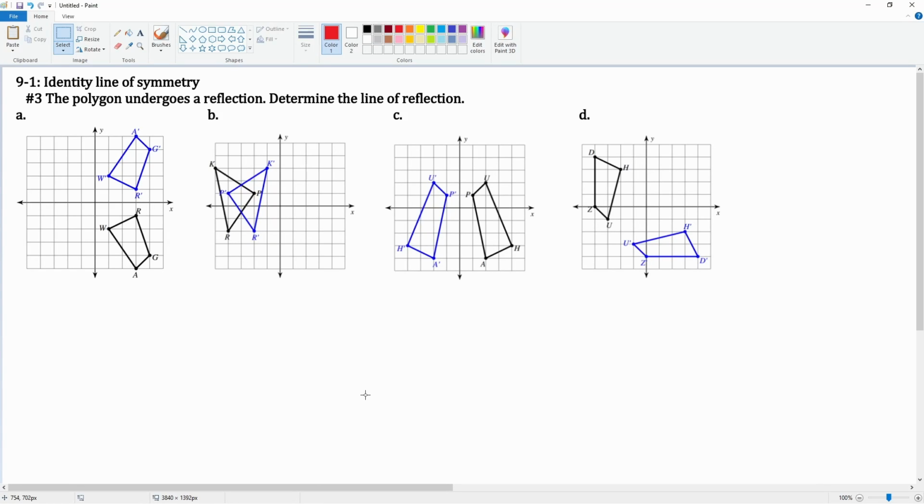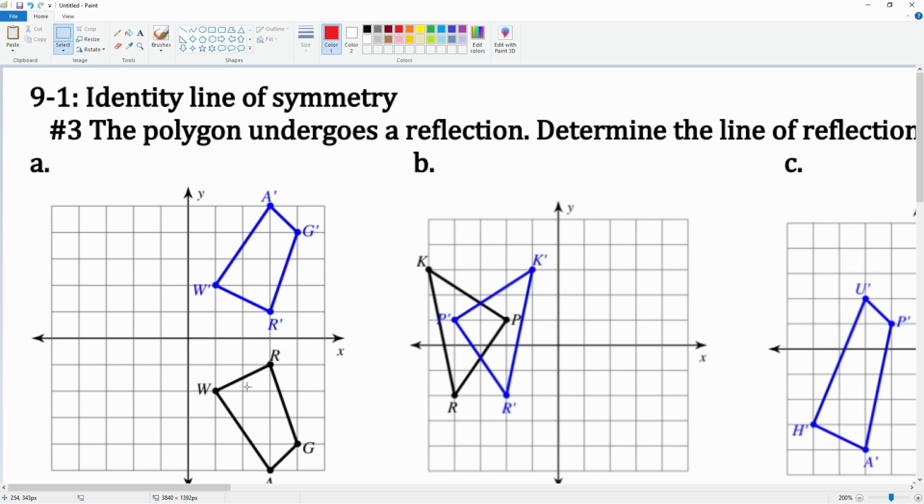9-1, identifying the line of symmetry. Number 3, the polygons here undergo a reflection. You're going to determine the line of reflection. So you take a look. For A, the polygon of